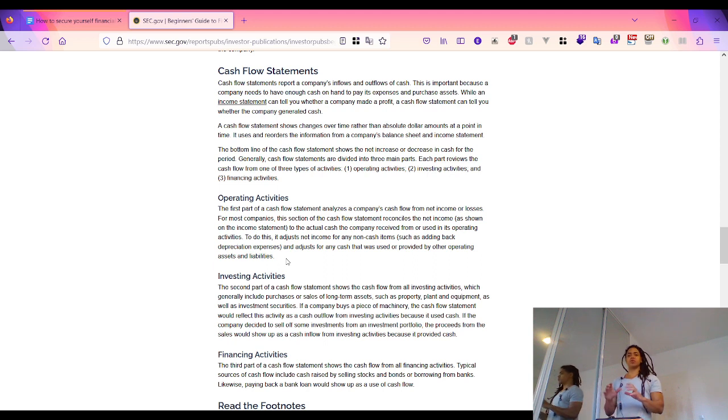When I look at the operating assets, whether it's cash receivable, inventory, prepaid expense, which is an expense that is paid in advance to enjoy